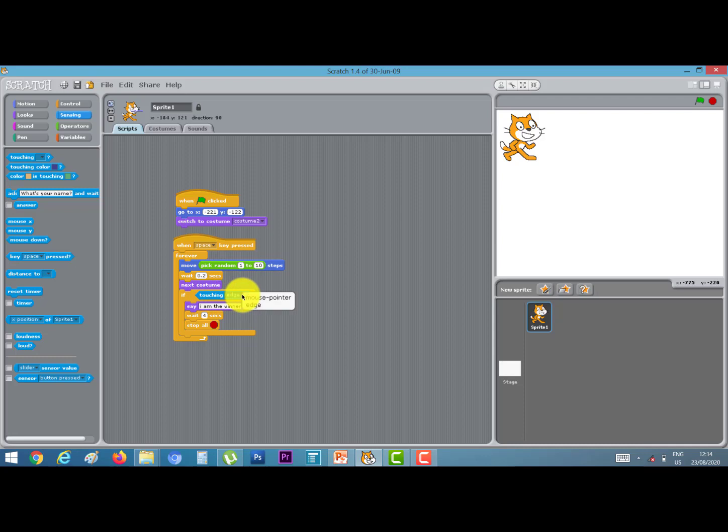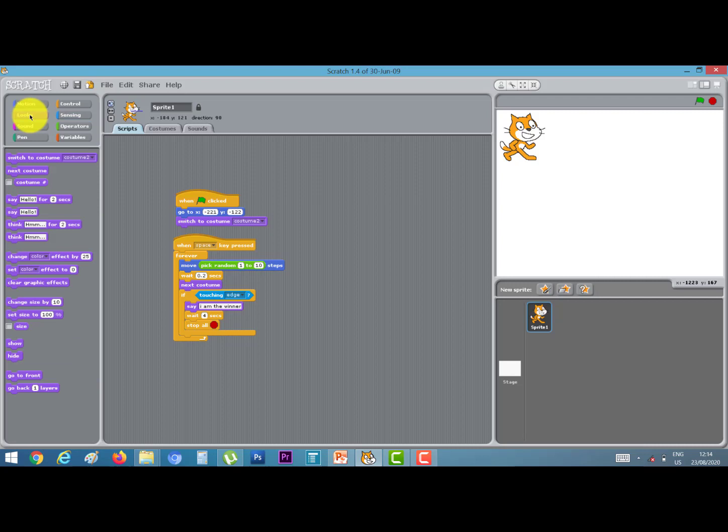and change the value with H. Next to looks, and here I choose say option. This is say option, and type here: I am the winner.